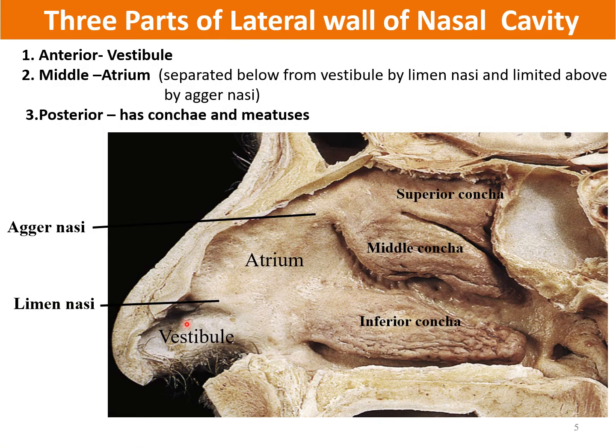Lateral wall of the nasal cavity is divided into three parts. The first part is placed anteriorly, and to be precise, antero-inferiorly, and this is known as vestibule. So the anterior-most part is the vestibule, and this is covered by skin, which has got sebaceous glands as well as sweat glands, plus the hair, which are known as vibrissae.